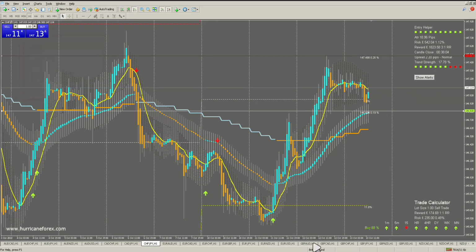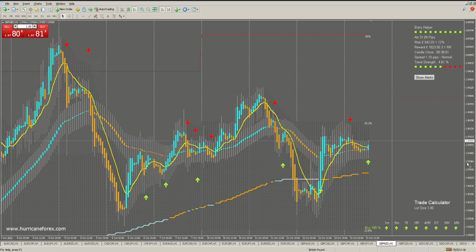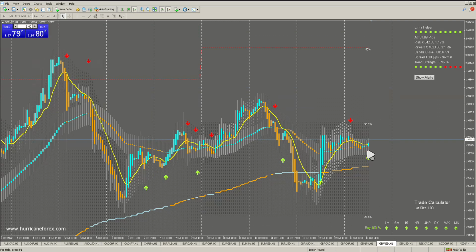Just had a signal on GBP New Zealand. I go and evaluate that. I do have a GBP trade automatically already. I'm not going to take that because it's a slightly bullish trend at 3.96%. It is showing slightly bullish,